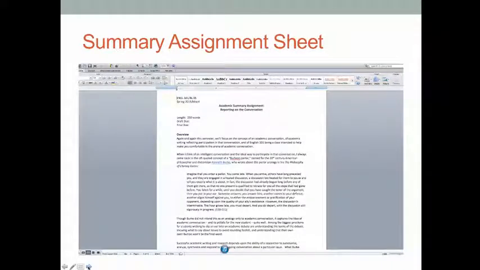So I want to talk a little bit about the summary assignment first, and then I'll talk a little bit more specifically about Liz Coleman's talk. So in class on Friday, we talked some about what defines academic writing. And one thing that we noted was that while academic writing isn't really limited in what's being discussed, so there's no limitation really in terms of content, what kinds of things academics write about, it is really shaped by how the discussion happens. And we talked about one of the most significant characteristics of academic writing being that it always reflects joining in a conversation.